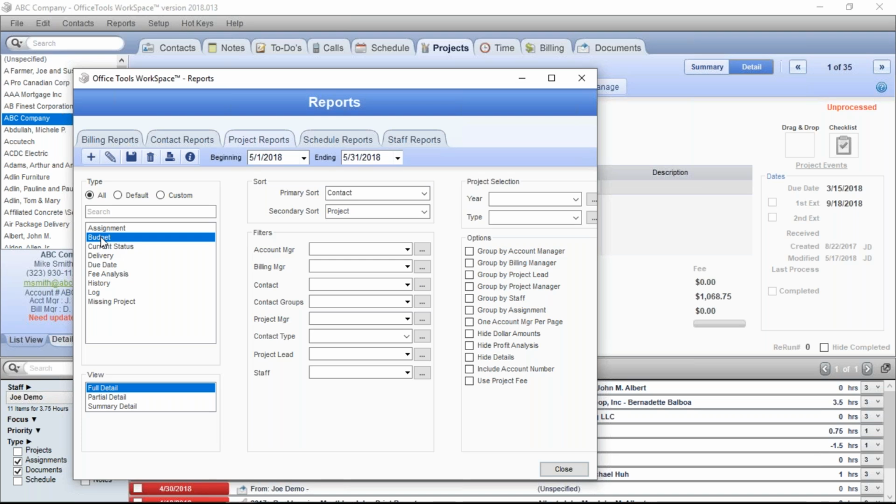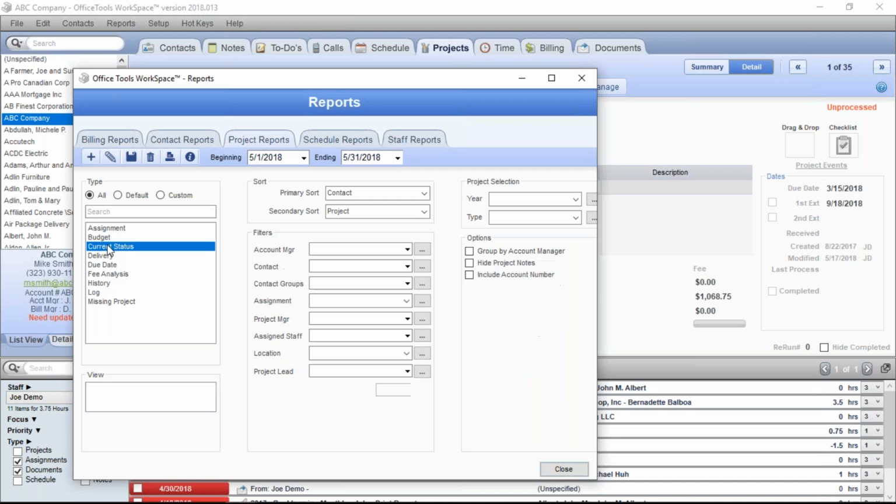Now there's another version of this which is more about the workflow, not so much the budgets, but they can kind of go hand in hand, and that's the current status. This is going to tell you where everything's at, who's working on it, how long they have had it. You can narrow it down by project. So you might want to know who's working on all the individual returns by the end of March and what's a high priority item that we need to focus on. So these are some really good reports that tie into the budgeting and workflow part of projects and staff budgets. And again, as I'd already mentioned, if you have more questions, please let us know.